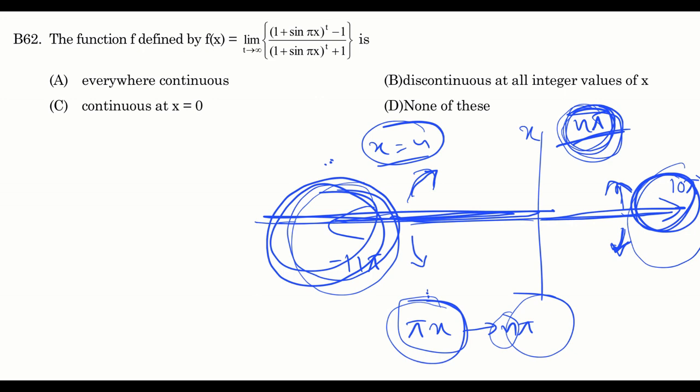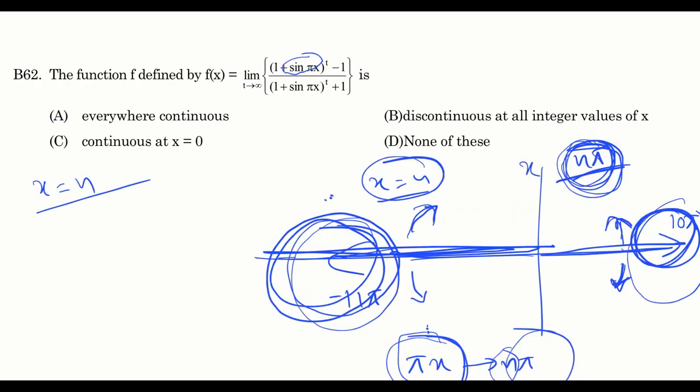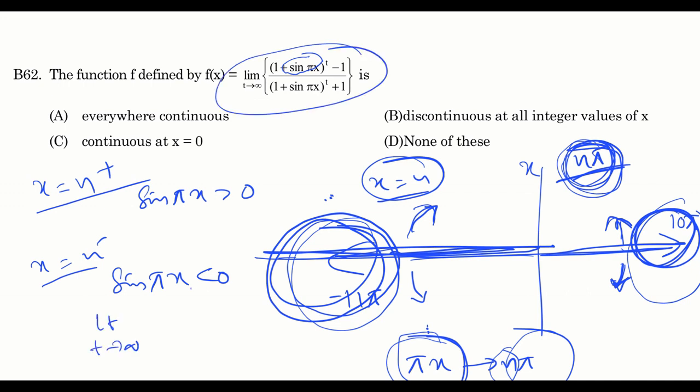So you can see that here, if x is close to an integer, then to the right of n, sin pi x is positive, and when you are to the left of n, sin pi x will be negative. That is what we observed so far. Now I am talking about the f of x value just to the left of n.